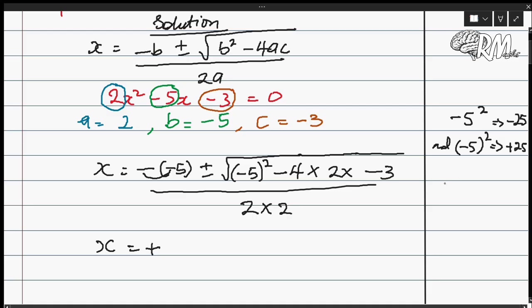For those of you that have forgotten, let me write the rule once more. We have minus times minus, it gives us plus, minus times plus gives us minus, plus times minus gives us minus, and plus times plus gives us plus. So it's the same thing when you put the division sign there. So minus divided by minus gives us plus, just like that. So minus times minus gives us plus, then I put 5, then plus or minus the square root of,